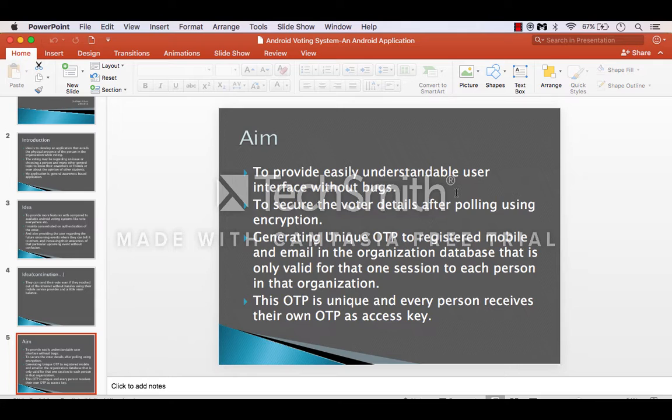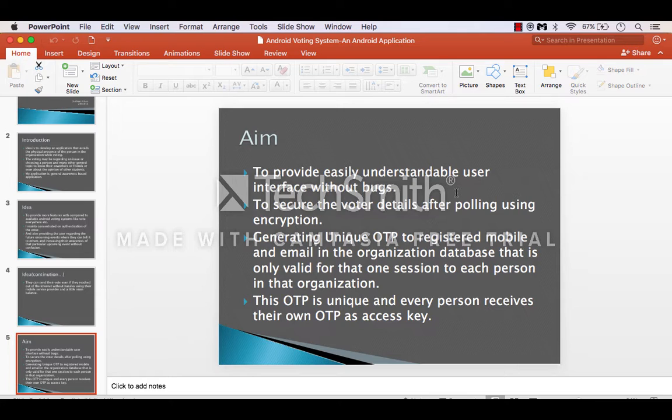Basically I am using 128 encryption. In future I am going to upgrade to 256. This encryption will just cache the vote, but it does not show which OTP person has done which negative vote to that organization. So the organization can't know whether this particular person is giving a negative review.